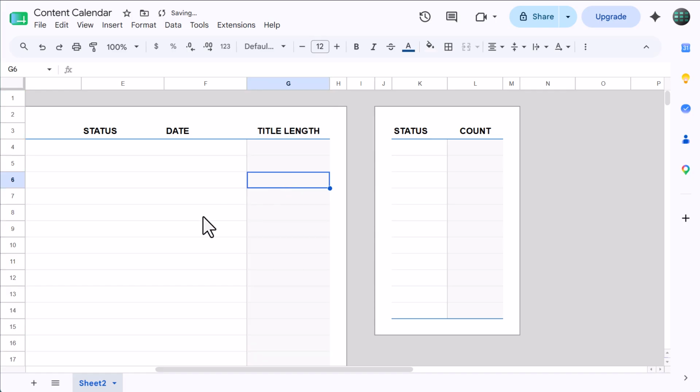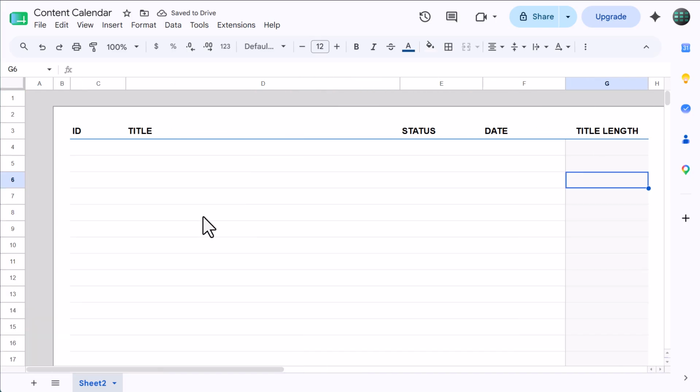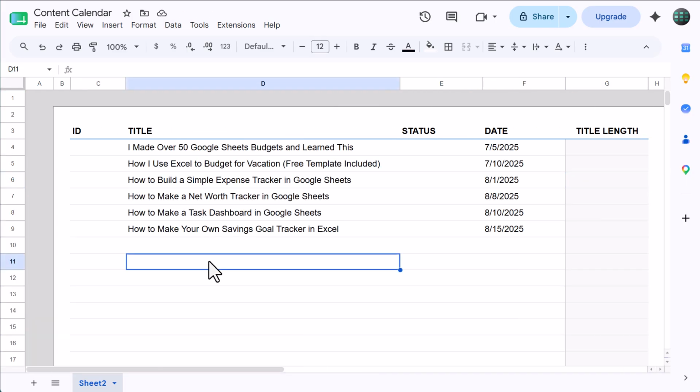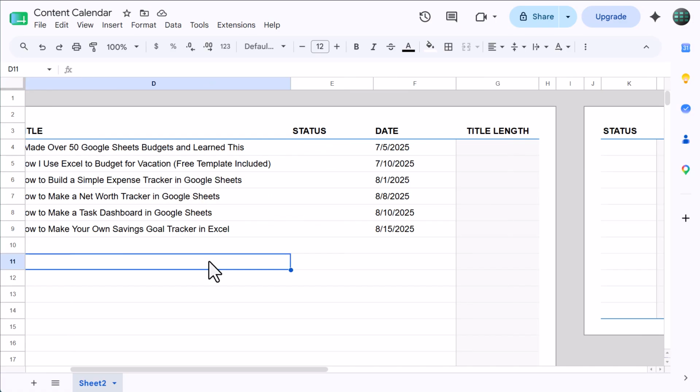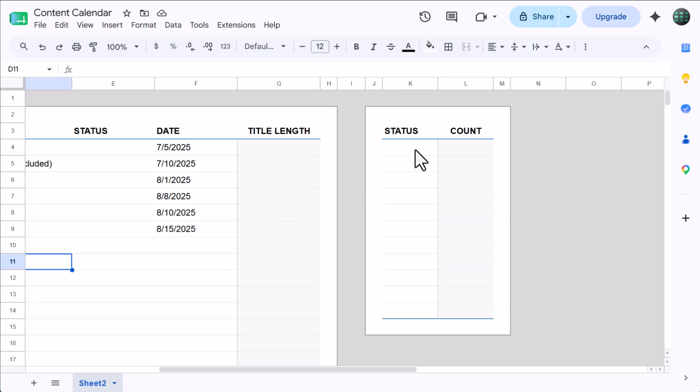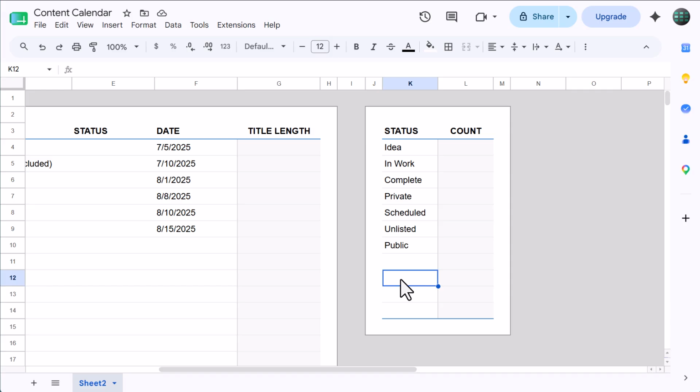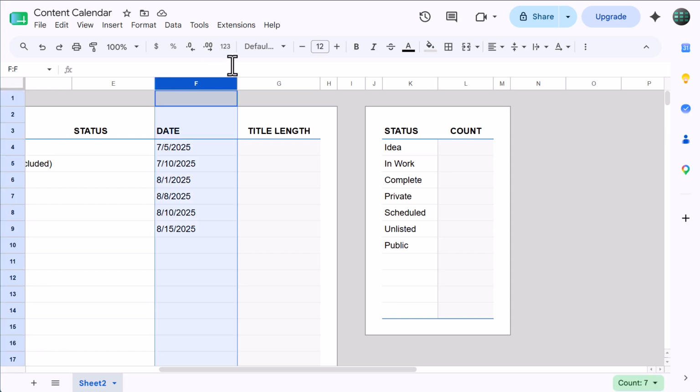Okie dokie. At this point, go ahead and type in some sample titles and dates like so. You just need a few for now, and you can get rid of these whenever we're done. After that, go ahead and type in the status options that you want to use. Then, once you have those, the next thing to do is format the dates to look the way you want them. So select column F, click the More Formats button, which is the 1, 2, 3 you see here,